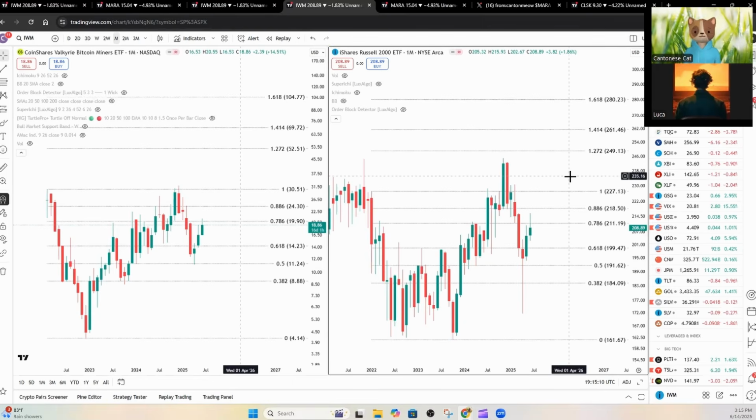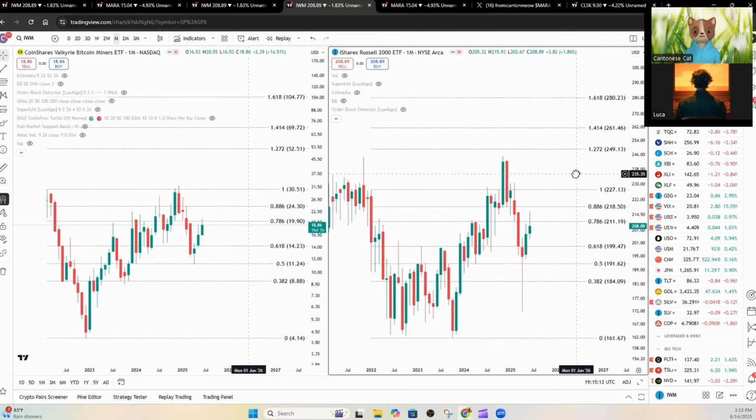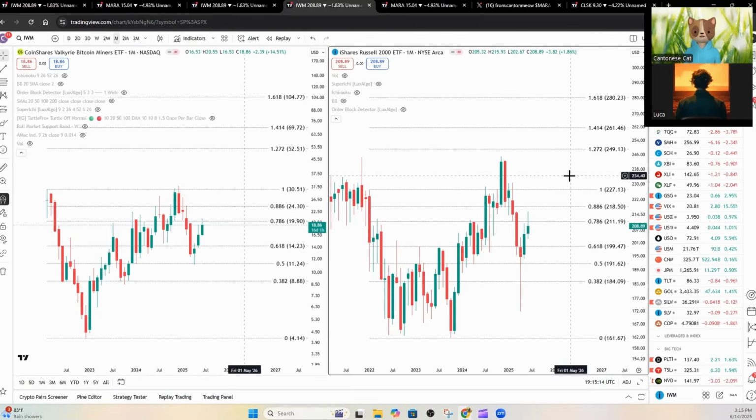I completely agree with that. I also want to circle back to our talk earlier about the broader market, about how there's potentially a rotation from large cap to small cap and also more speculative stocks. It doesn't get more small cap and speculative than Bitcoin miners. It doesn't get more speculative. Let me line them up side by side over here.